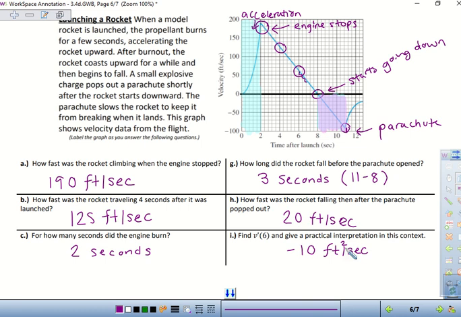It's actually feet squared per second. Alright. And then,